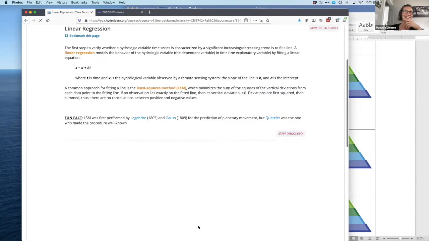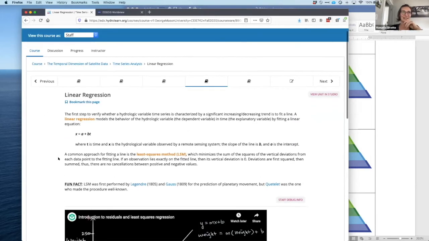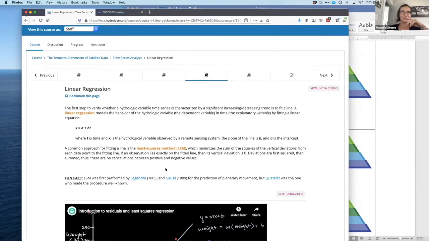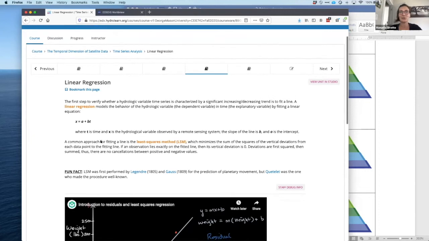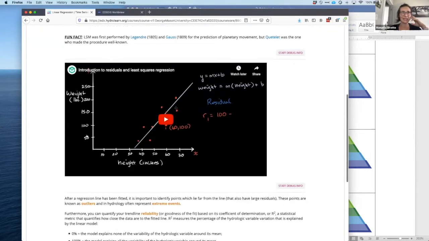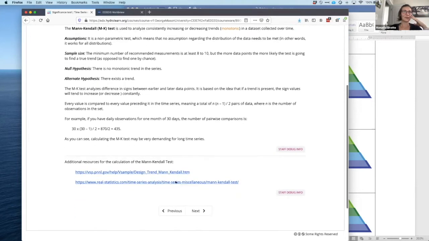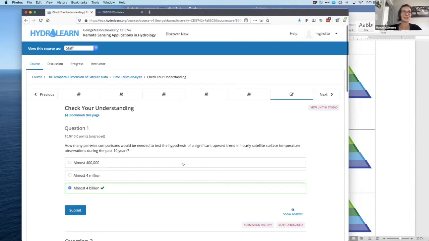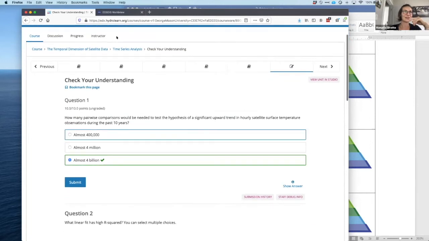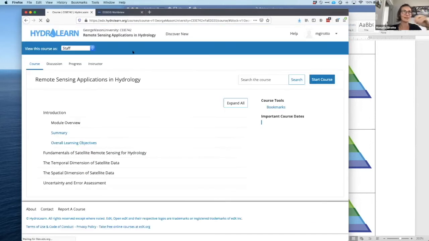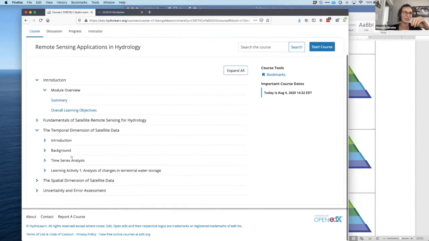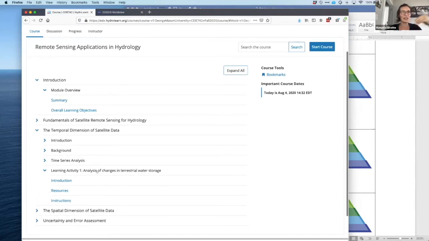testing? And that's exactly what we have in the next unit, where we give some background and basics of how to perform a linear regression in a time series analysis and how to check for the significance test. All of this really is needed because at this point the students will then jump into the learning activity. So I'm just going to go over